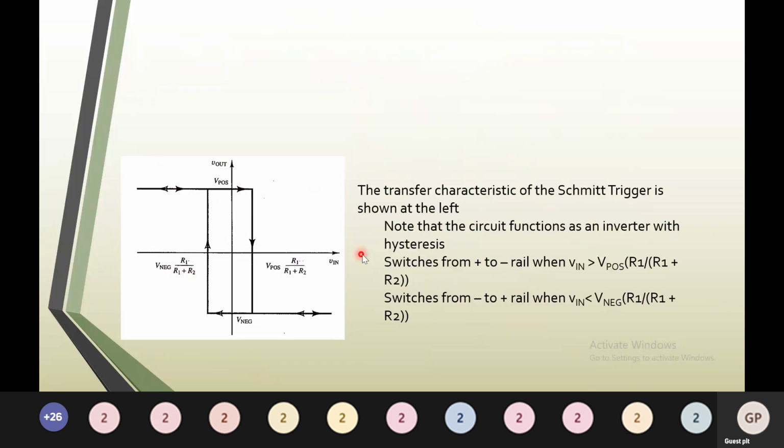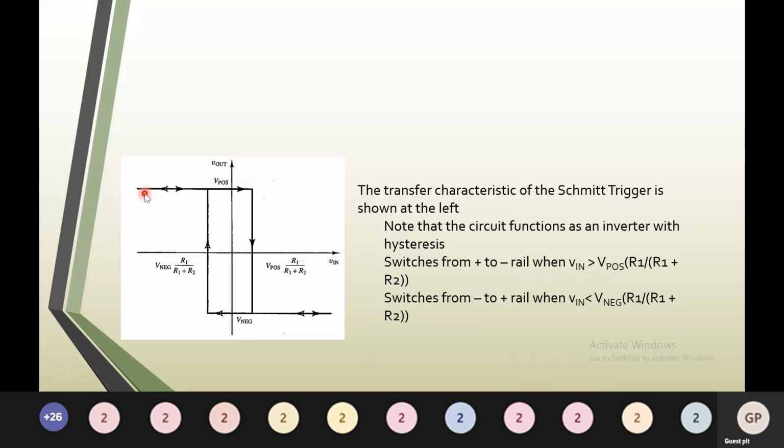This is my input and this is my output. See, in this graph it switches from positive to negative. This is my V in. When V in is greater than V positive, that is, this positive reference voltage point, my output changes from positive to negative. Similarly, my output changes from negative to positive